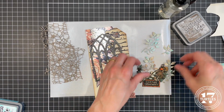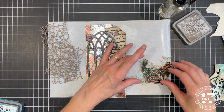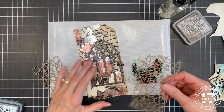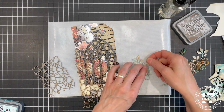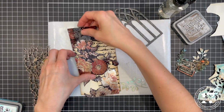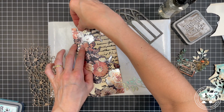Off camera, I die cut 3 pieces of greenery from the inked paper, and I even had enough for one more of the top sections of the greenery. The die set I used was the Tim Holtz Garden Greens Thinlits dies. I was super careful in how I placed the dies on that little scrap of paper and was able to cut them all out, plus have a little left over to do some stamping for some text that I wanted